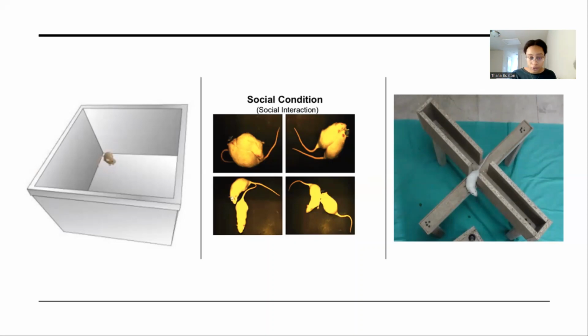Next, we have the social interaction test where they're trying to see, like I said, you see here that they're nudging against each other, sniffing against each other. And so in this case, they would not show anxious behavior because they're comfortable with being around each other. Whereas if they weren't, if there's a lot of distance between them, then they would show anxious behavior. And then the T-shaped model, like here, these are the 2 open ends.